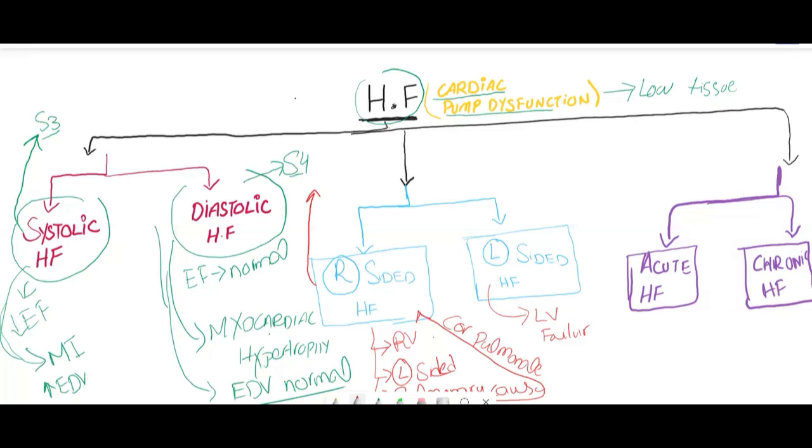Right-sided heart failure presents with increased JVP, peripheral edema, and lastly hepatomegaly. Hepatomegaly means an enlarged liver, while left-sided heart failure presents with